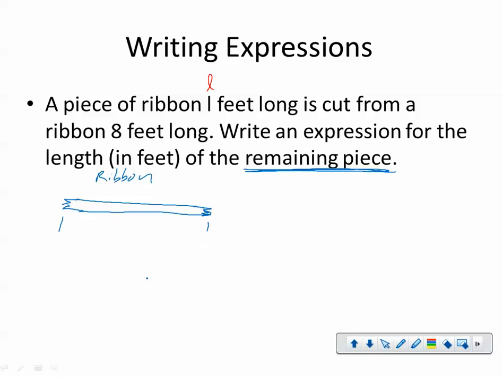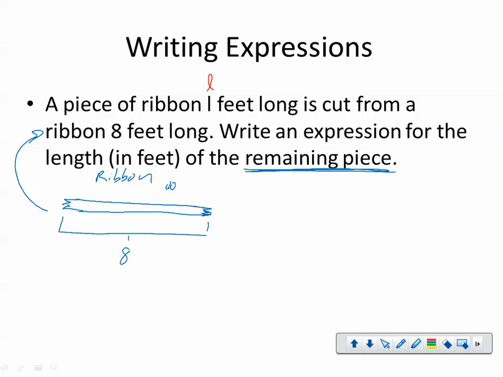The total length of this ribbon is L, meaning it is some number. No, I'm wrong. Don't listen to that. I'd edit this, but I can't. The total length of this is not L. The total length of this is 8, because that's what it says right there. The total length of the ribbon is 8 feet long, and we're going to cut off a section that is L feet long. So if I take my scissors,